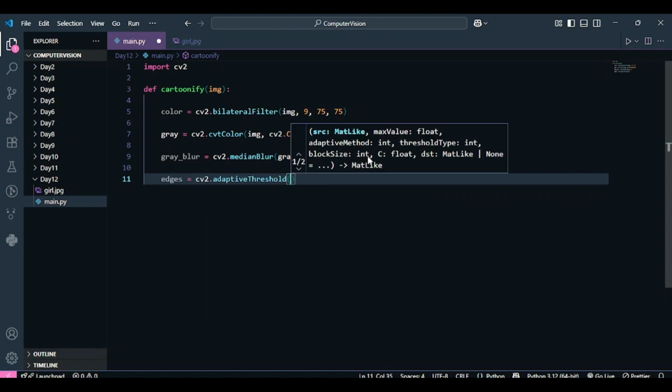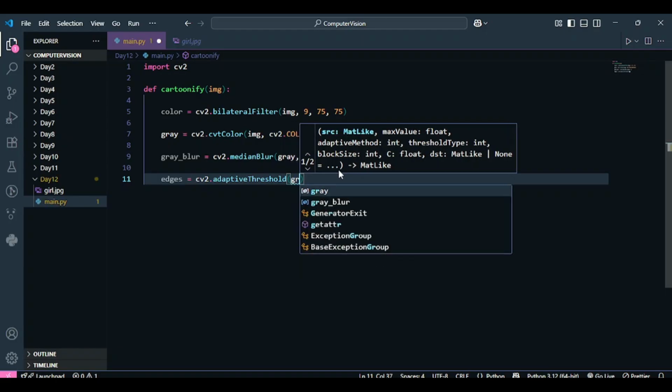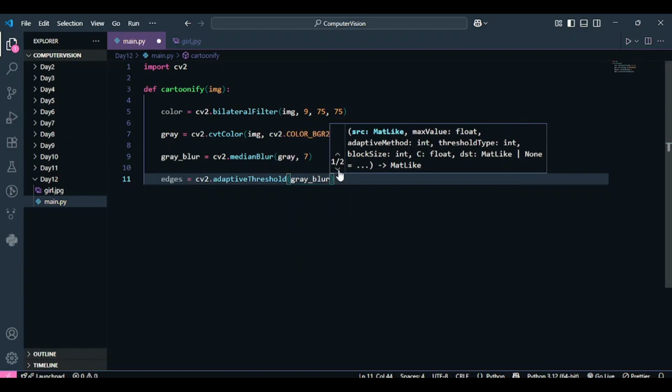So I'm going to use my adaptive threshold over here, and if you guys remember, in adaptive threshold we do not have to select any threshold value. It selects the threshold value itself, and that's not just a single value. It selects the threshold value for every window, for every small region. So I'm going to pass my blurred image over here, and then I have to pass my upper threshold value. I don't have to define the threshold value because it will do that itself.